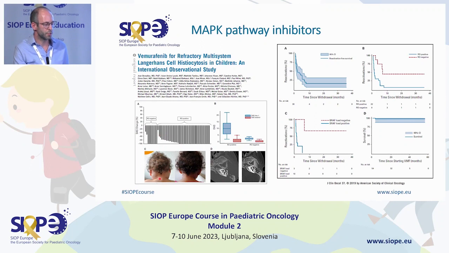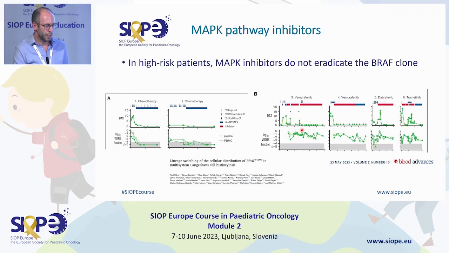and in this picture below, it's highlighted how the patient reacts when you start this inhibitor in LCH. But the problem is that when there is still the clone detectable in the peripheral blood, you cannot stop this inhibitor therapy. If you stop it, the disease invariably recurs. And nowadays we are working on a treatment strategy within our EOC group to get rid of this clone, because in this